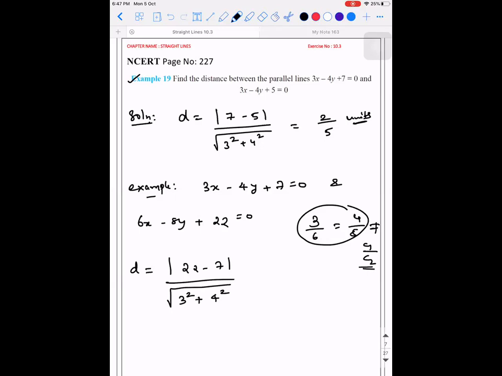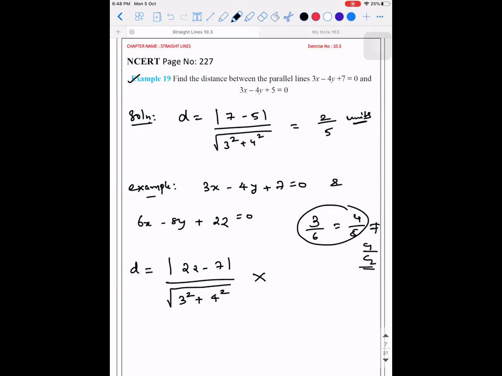Okay. So this is a very, very common mistake that people make. I just wanted to ensure you observe that. Whenever they say set of parallel lines, the thing you need to ensure is the coefficients of x and y should be the same for both the lines. So if you write it like this, then it is wrong. Because you can take root of 3 square plus 4 square or root of 6 square plus 8 square also, but both will generate different answers.